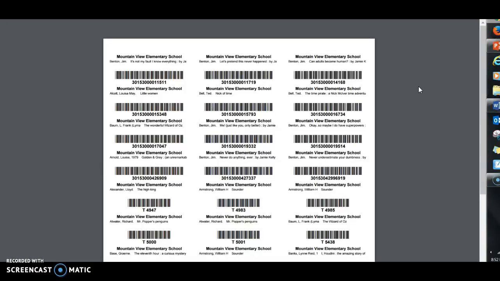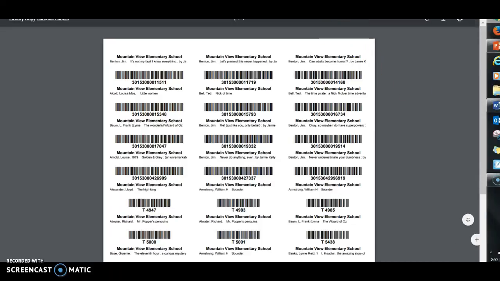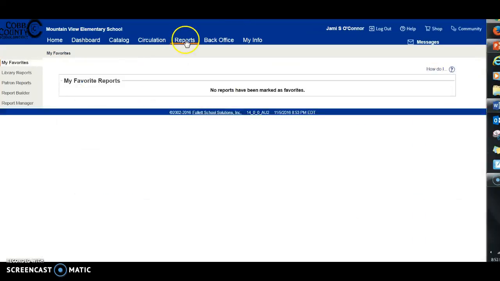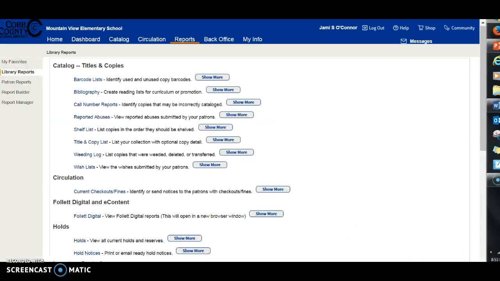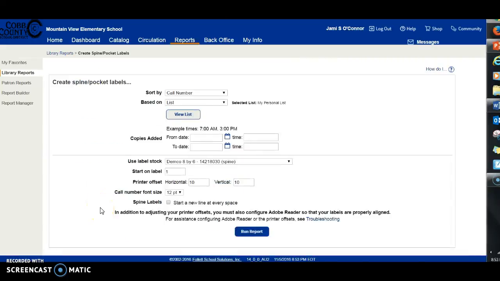Now remember, I didn't narrow those down. You can very easily narrow those down, but I'm just showing you how to get in there and do it. The same concept applies when you're printing off spine labels. We go back down to our labels, and now we're looking at spine and pocket labels. Again, I'm not going to put a time constraint on myself. I know I just did a bunch of them, but I can't remember the date. I want to make sure that I have the correct labels, the correct starting labels, and I'm going to run